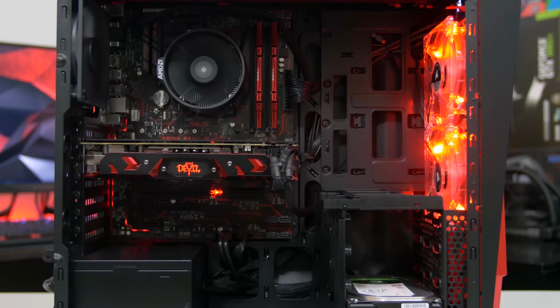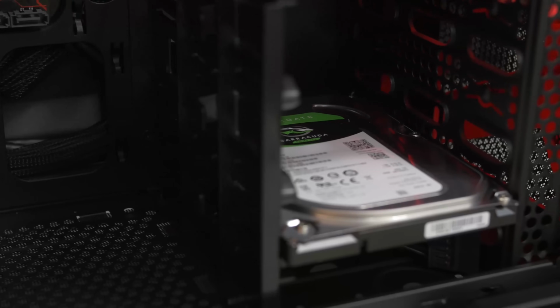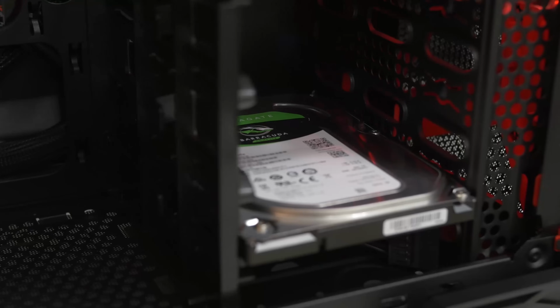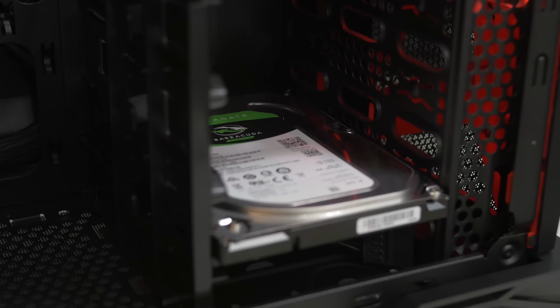Apart from that, we are running on the B350 chipset from AMD. This is an Asus Prime B350 Plus motherboard, again with the latest BIOS. And the one shortcoming, the one big downfall to this system that I specifically even mentioned in the part 1 video was that it only has a single mechanical hard drive. So I did also mention in that video that if you had any sort of even like 60 to 80